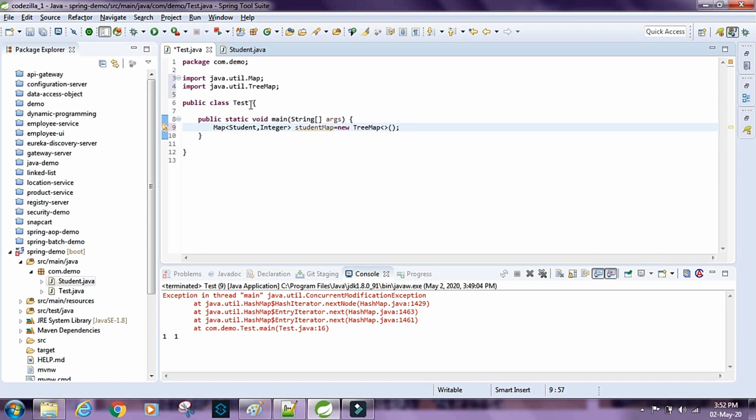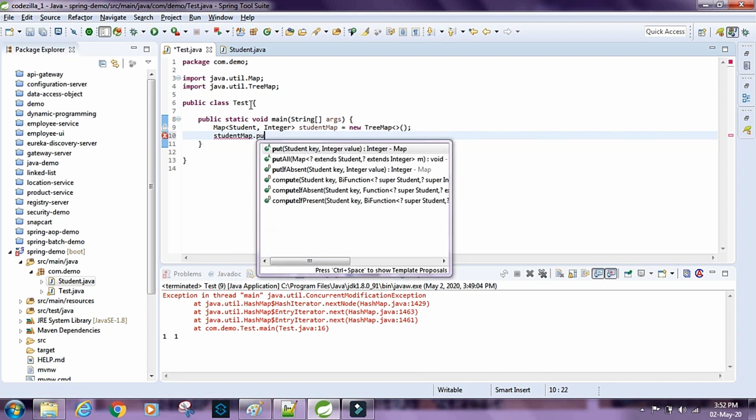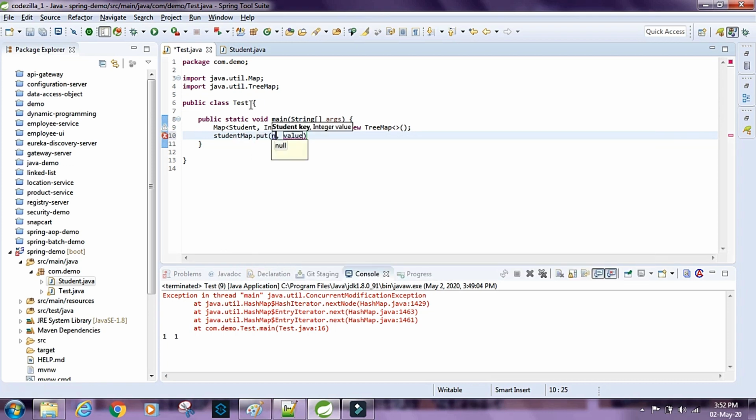I'm going to do the imports. Now I'm going to say studentMap.put(new Student(